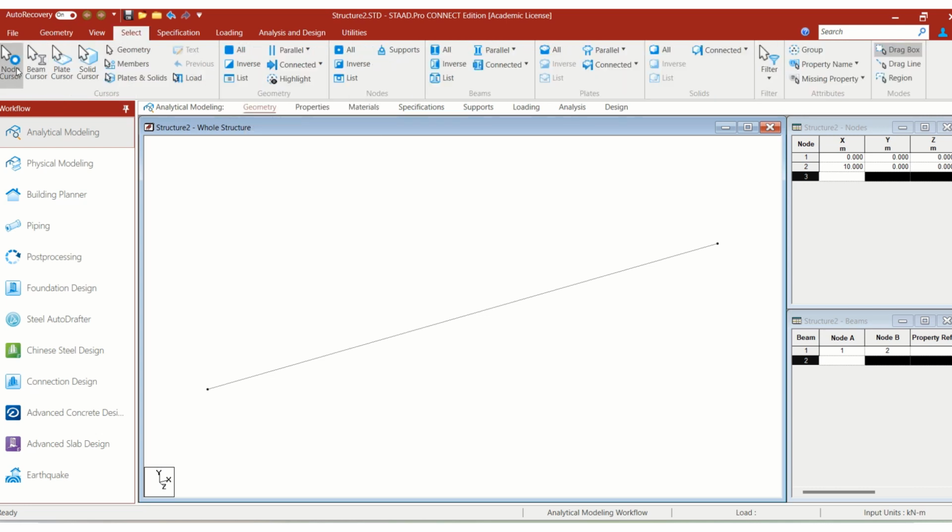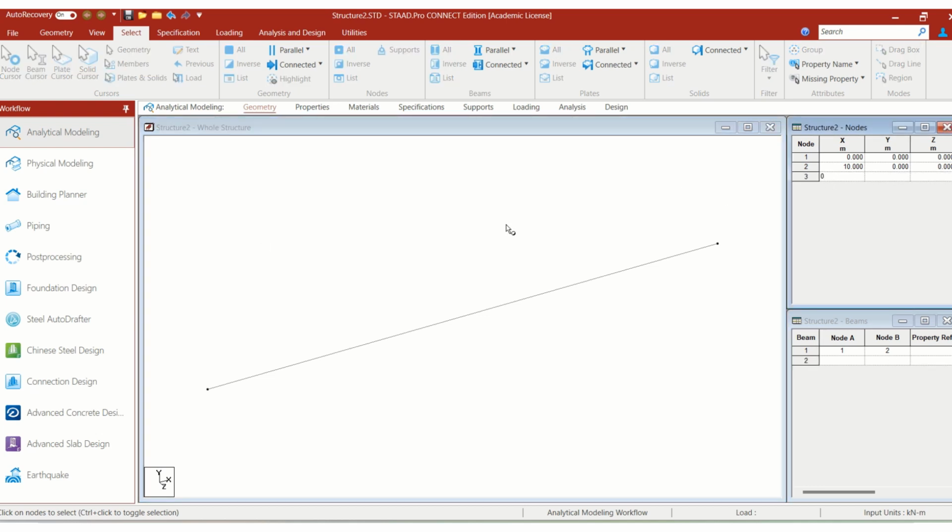Here, go to node and select the node cursor. In this, first give the origin point, enter the first node point, and the second one is 10 meters. Then the structure is already created. So with the help of this node cursor, you can